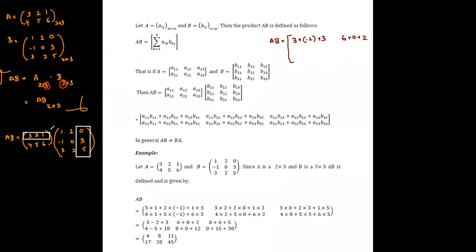And the multiplication gives us the value 3 multiplied with 0, 2 multiplied with 3, 1 multiplied with 1. Now we have finished the third column as well. Since there are no more columns in the second matrix, we can move to the second row of the first matrix.